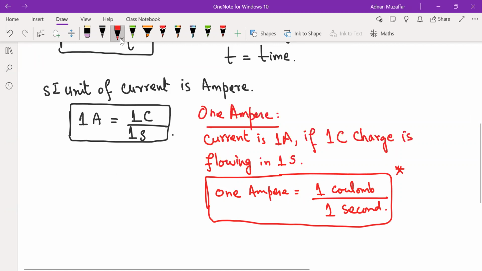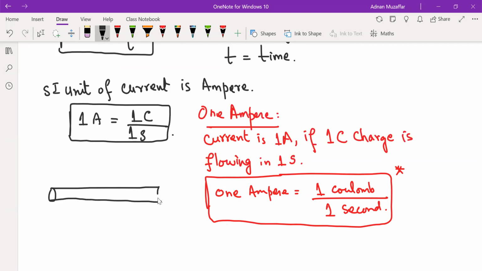For example, if there is a wire here, suppose this is a wire, it's a cross section wire, maybe. I'm sorry for my drawings, but